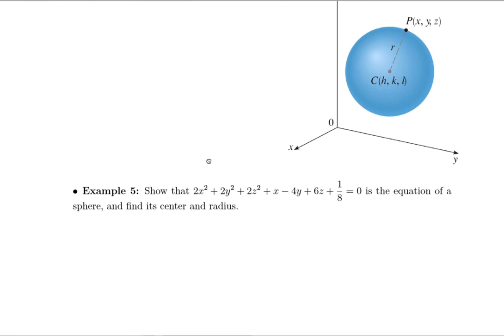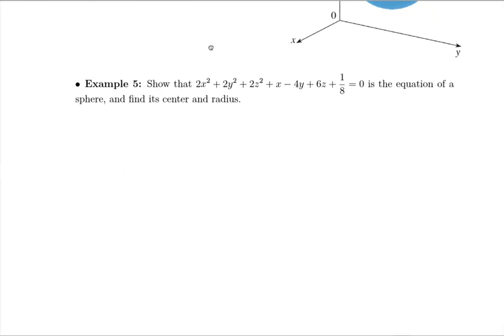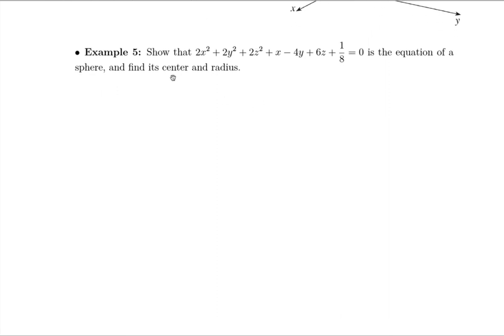So one of the things you did do with circles before is you would complete the square in order to be able to see what the radius is and what the center is. And so we can do that here with spheres. And so this is just a little reminder. I know you've done this at some point in the past where you're trying to put this in this form, right? If you can put it in this form, then you can see the center